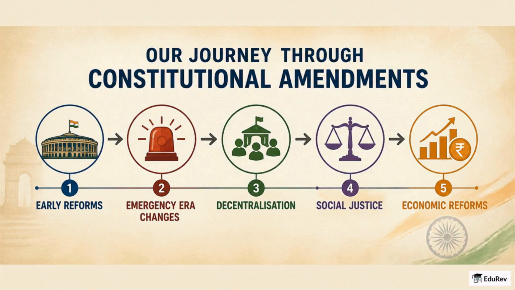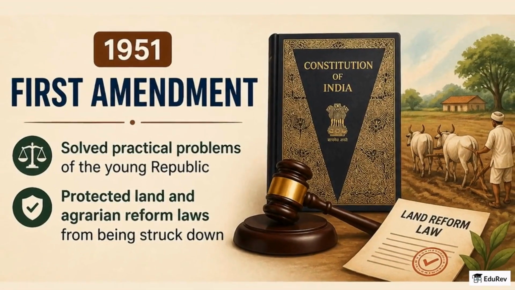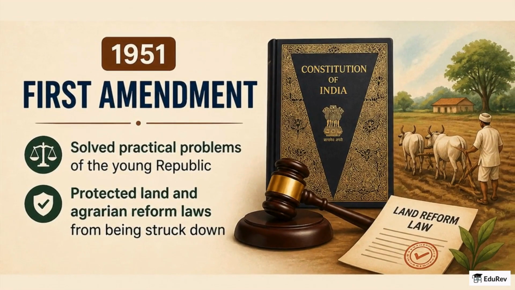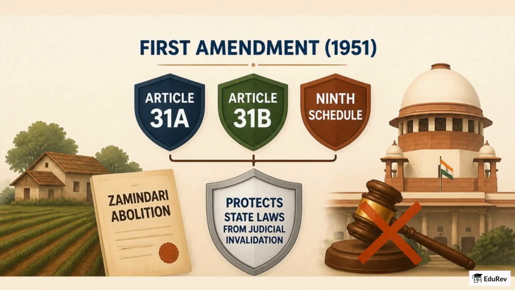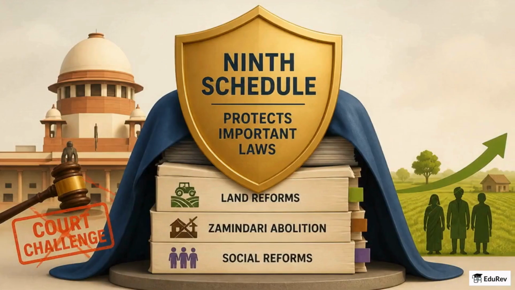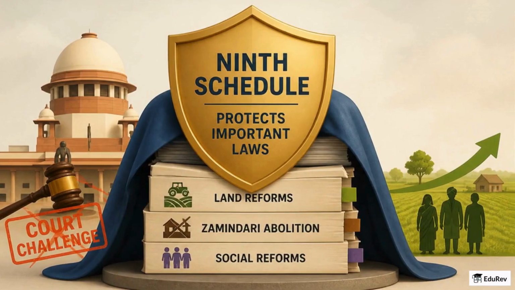and recent economic reforms. The First Amendment of 1951 tackled practical problems faced by the young republic and tried to protect land and agrarian reform laws from being struck down. It created Article 31A, Article 31B, and the Ninth Schedule to shield certain state laws like zamindari abolition from judicial invalidation. Think of the Ninth Schedule as a protective cover placed over specific laws so they could survive court challenges